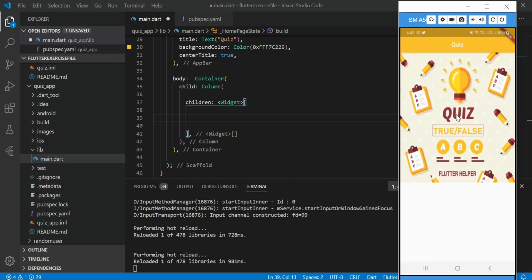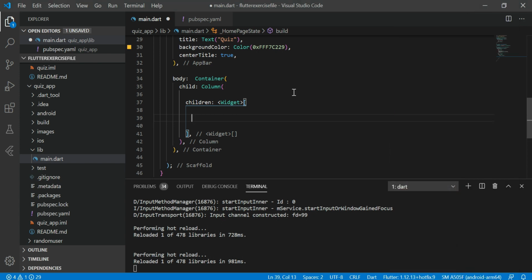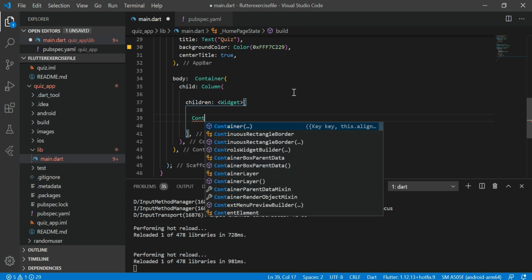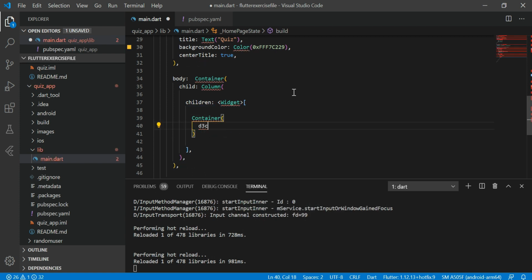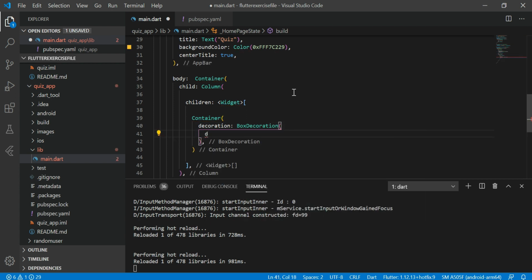Now it's good, but the thing is, this is not a good way to implement images in your app. The better way of implementing an image is to always wrap your image inside a container. Why am I using container? Because when you are making a responsive UI, container helps you a lot in maintaining the proper height and width of your image. That's it. And this is how we are going to use images inside container.